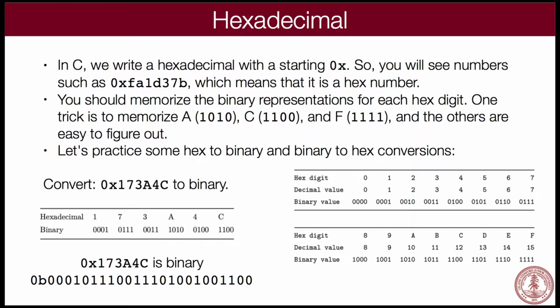Okay? And how do you convert that to binary? Well, it turns out it's actually very, very easy. It's very easy because each hexadecimal digit refers to 4 binary digits. Just like the chart we have right here. I've recreated it here, right? What you do is you say, oh, okay, the 1 in hexadecimal, you can immediately translate it to 0001. And then the 7 is 0111. And the 3 is 0011, etc. Okay? And A is 1010. And so to convert this to binary, it's a direct, easy translation.